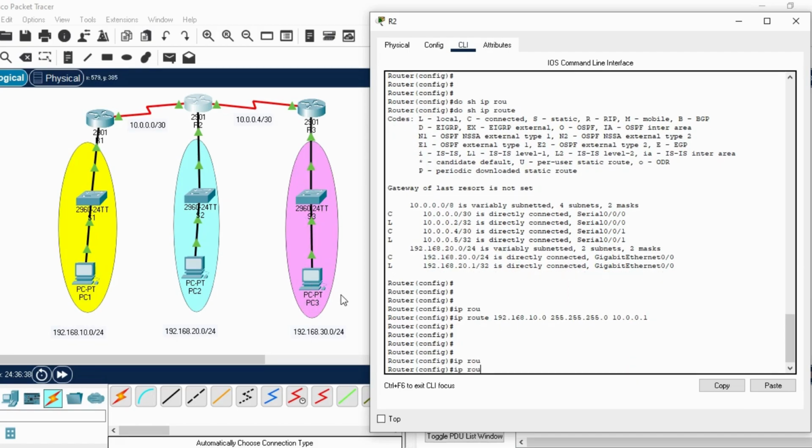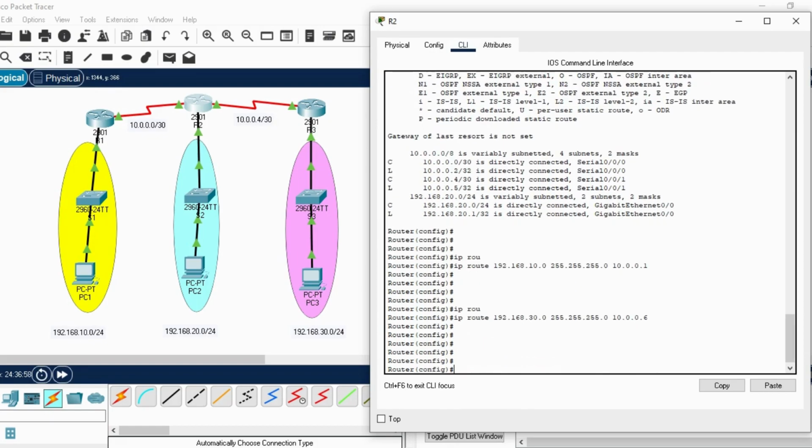IP route 192.168.30.0 network, the subnet mask is /24, and the next hop address is the interface IP of this router interface, which is 10.0.0.6. Done. Now we can check the routing table again with show IP route,